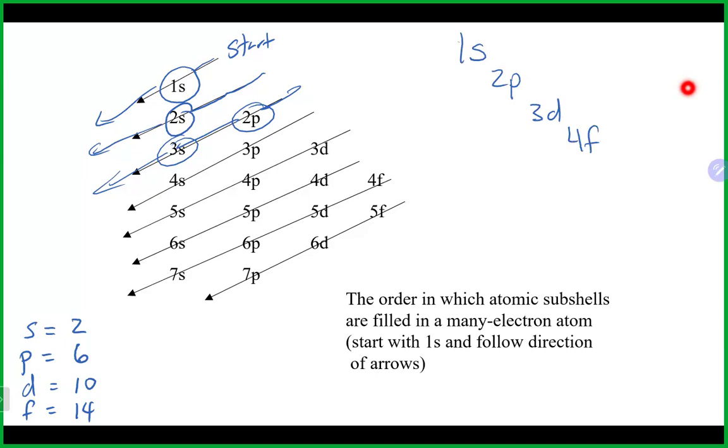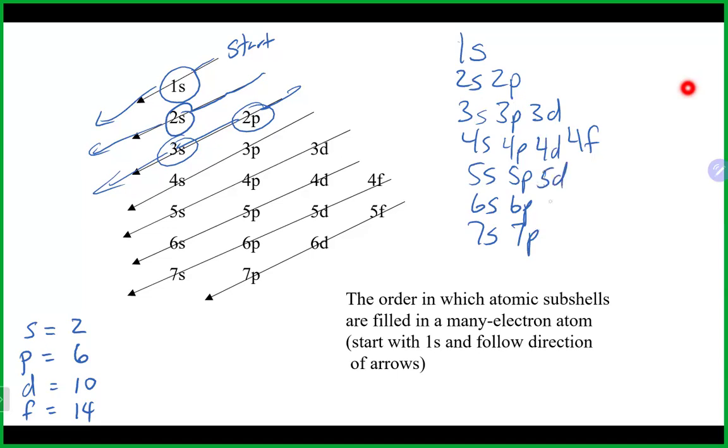Now all you have to do is just fill in the numbers underneath. So you go 1s, 2s, 3s, 4s, 5s, 6s, 7s, 2p, 3p, 4p, 5p, 6p, 7p, 3d, 4d, 5d, 6d, 4f, 5f, and boom, you could recreate it by yourself by just remembering basically this. So if you know this and you know that, you should be able to write any electron configuration that you would need to do in this class